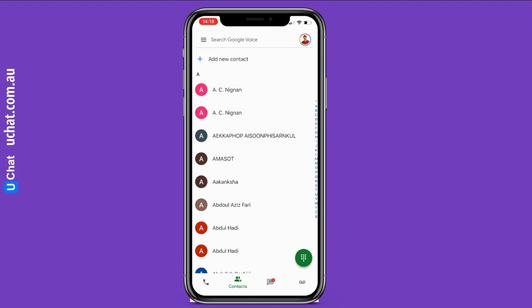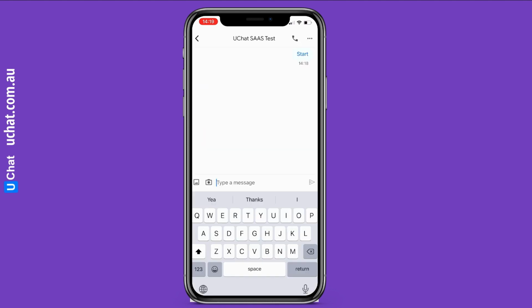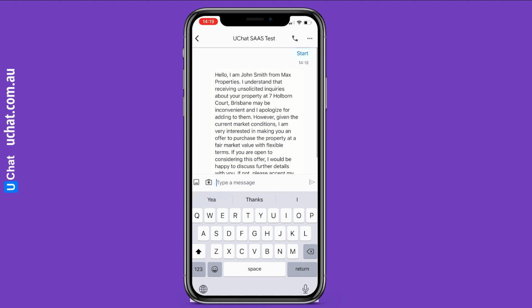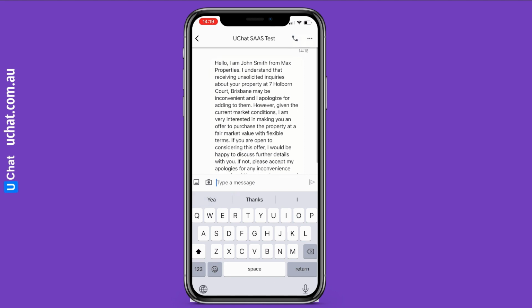In this first message, you will see we are dynamically pulling the agent name, the agent's real estate business name, and also the homeowner's address. As you can see, we already received the first message. It says I'm John from the real estate agency, and this is the address. This is the first message we are sending to the clients.